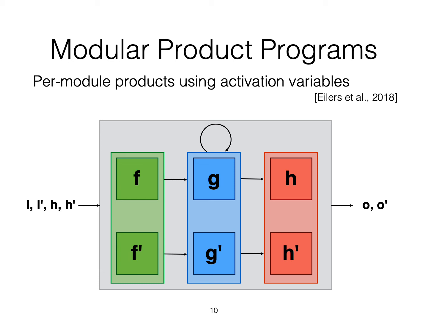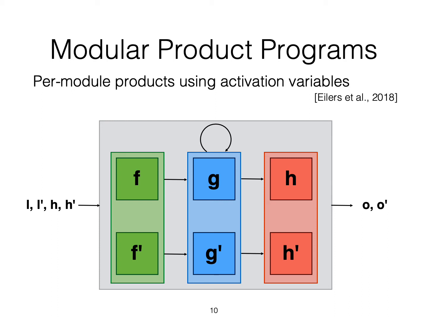The construction of modular product programs, which was proposed by Eilers et al. in 2018, involves constructing procedures that can be seen as per-procedure products. For example, here we have that a single procedure captures the behaviors of both f and f prime. You might be wondering if any of the behaviors that we saw previously are lost in this construction, since it kind of looks like we're not going to allow certain interleavings to happen, but this actually isn't the case because